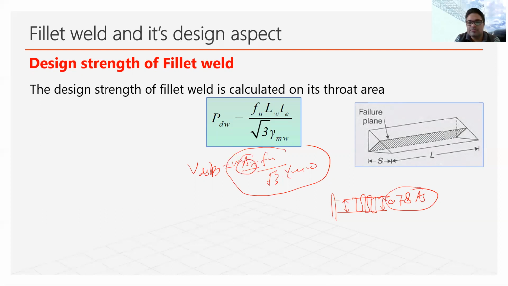So this becomes A_n. In case of welding, this area is the length of weld multiplied by thickness of throat. This shaded zone, you can see here, is the failure plane. The welding generally fails along the lowest thickness. So the lowest thickness will be here, and the maximum thickness is here. It will fail where the thickness is lower. So along this thickness, this is the shaded zone, and this area is called the area of failure plane.